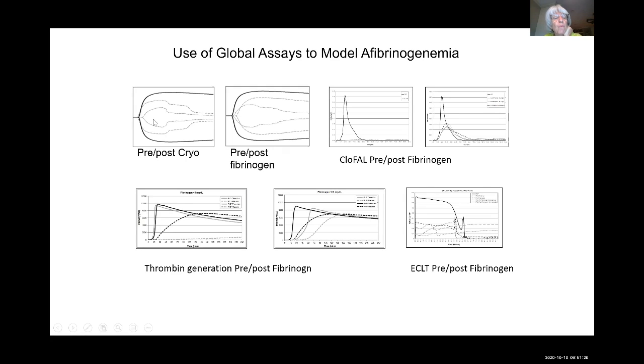So you see this wiggly, pathetic little clot. And after cryo, it gets quite a bit better. But you can see, and here is the same individual before getting fibrinogen concentrate. And you can see with the fibrinogen concentrate, you get a much better angle. You get a brisker clot formation, and it looks more like the normal curve, and you have a bigger maximal